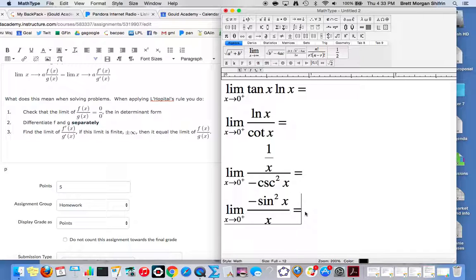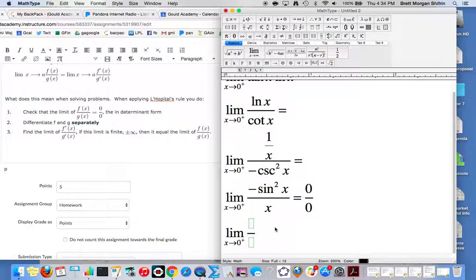And now you can really see L'Hopital's rule and why I would use it here, because if I put 0 in, I get 0 over 0, which means I still don't know my answer, so I'm going to apply L'Hopital's rule again. So when I do that, I'm going to take the derivative of the numerator separate from the derivative